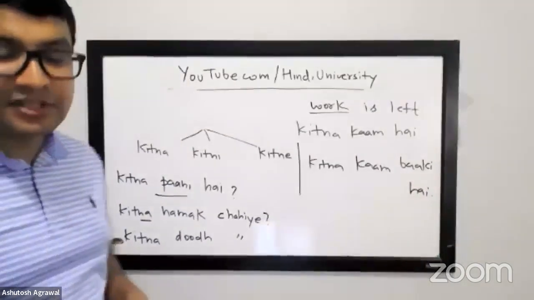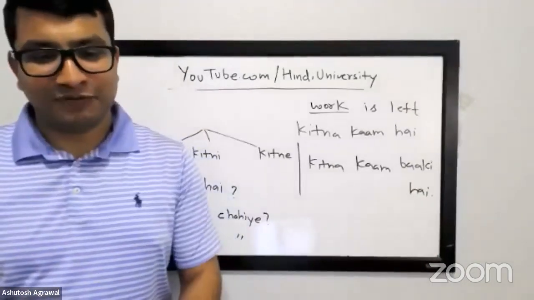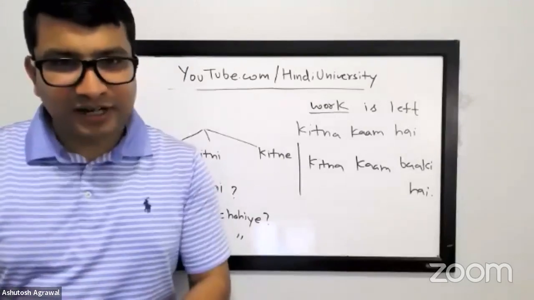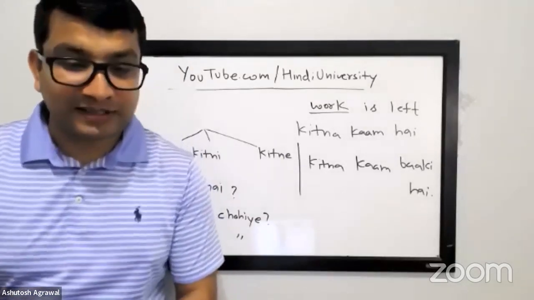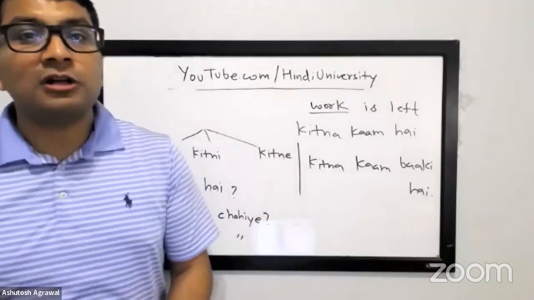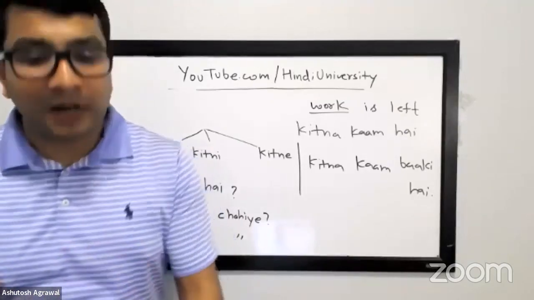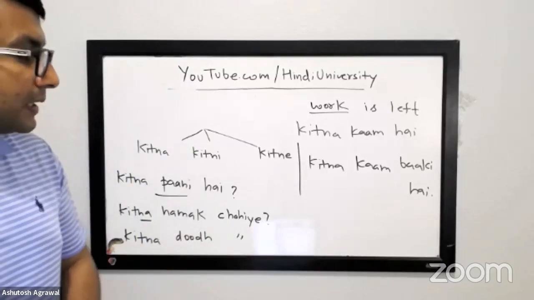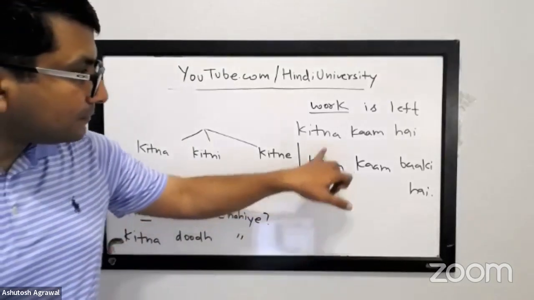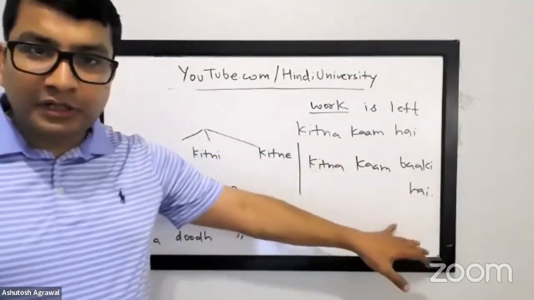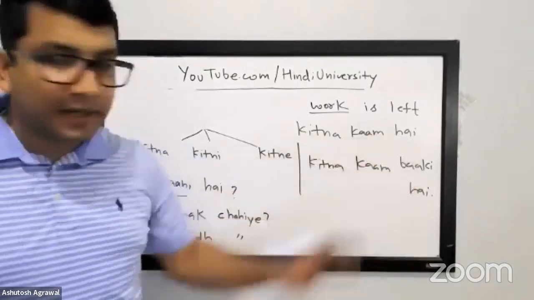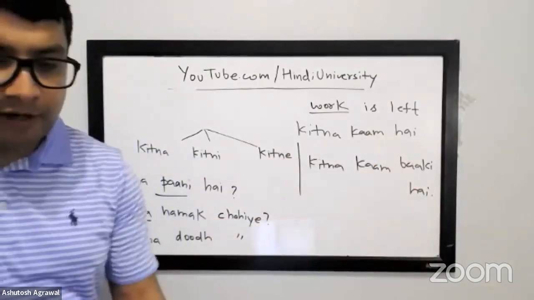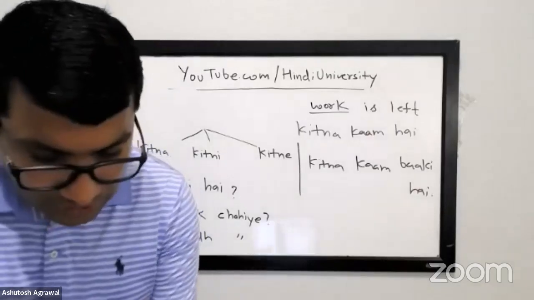कितना काम बाकी है? Let's say you've been working hard with the team, and you're exhausted, and you're like, how much work is still left? कितना काम बाकी है? और how much more, कितना काम और बाकी है? You can show the emphasis with that. कितना काम और बाकी है, right? But all these are variations of it. For beginners, कितना काम है is reasonable enough. If you get a hang of it, then you can make the variation. Okay.